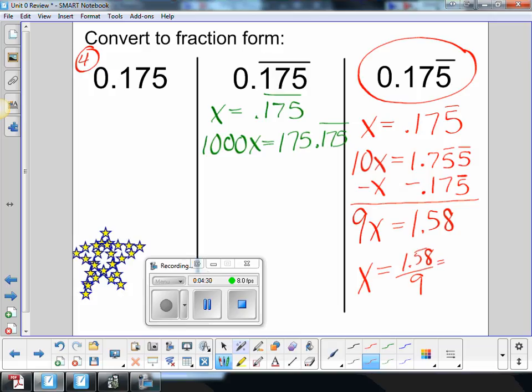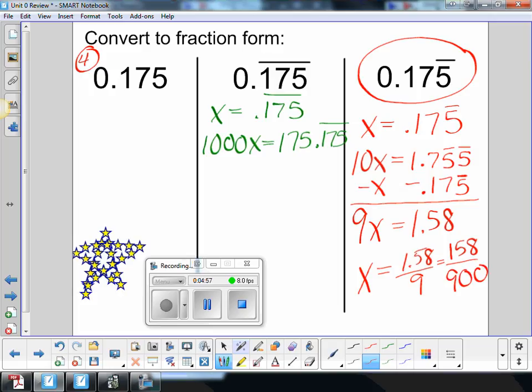What you typically do is you multiply top and bottom by whatever power of 10. Powers of 10 are 10, 100, 1,000, 10,000, 100,000. You multiply by whatever power of 10 will get rid of the decimal. So I multiplied the top by 100, so you multiply the bottom by 100, leaving you with